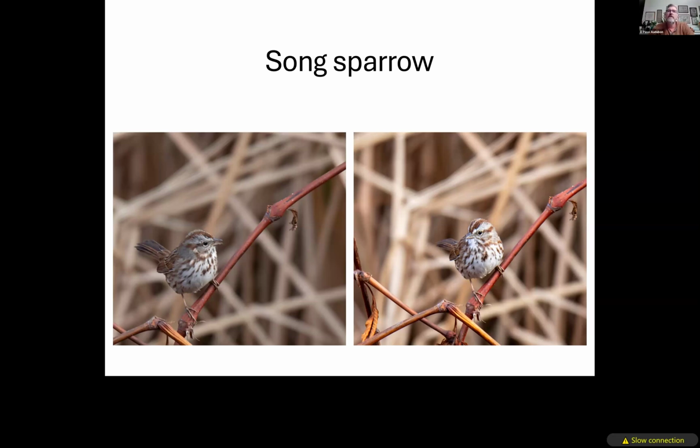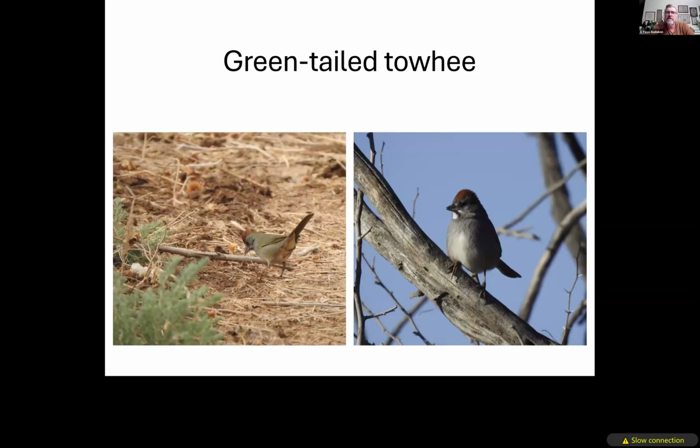In the same group of sparrows, but a little bit larger, are the towhees. And we'll have green-tailed towhees that have the red cap. The green on the tail is one of those, I don't know if it's chartreuse. It's definitely not a striking green, but the